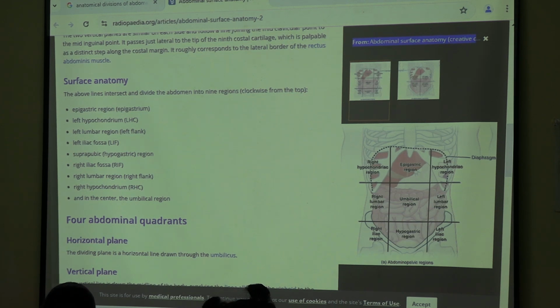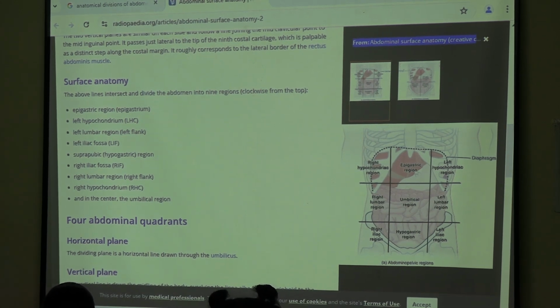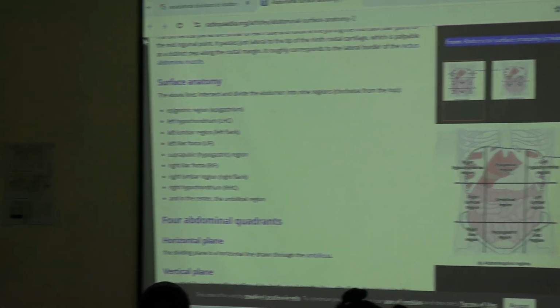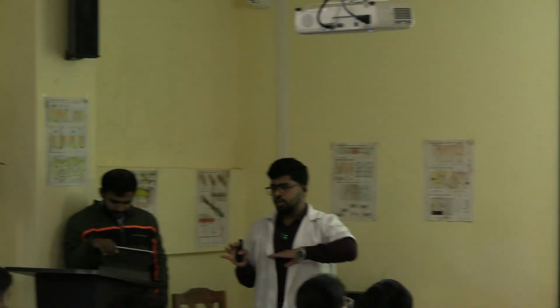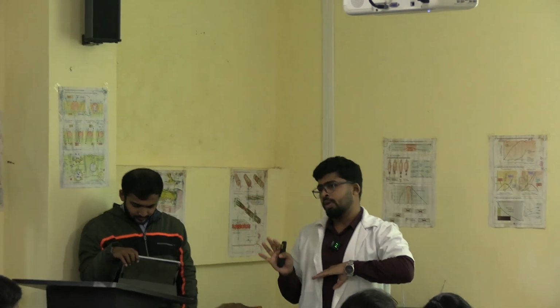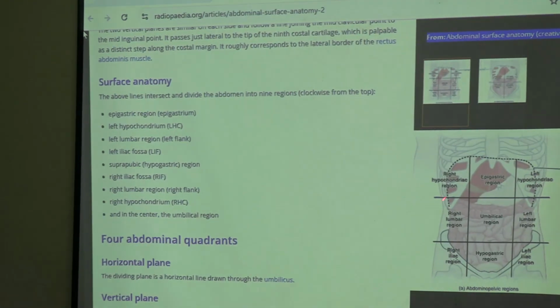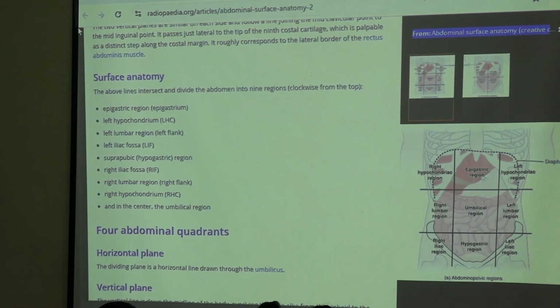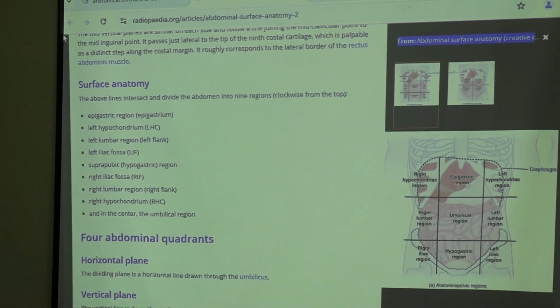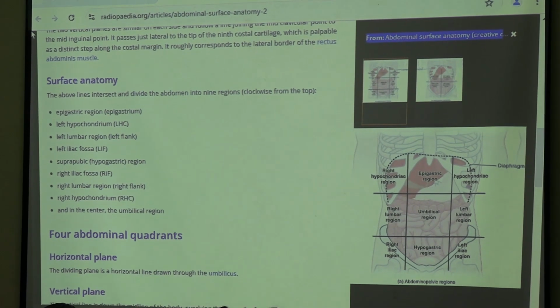Pylorus of the stomach. Whenever you draw a line, this is not a line which is already present. This is an imaginary line, an imaginary plane passing through the human body at the level of the pylorus. This transpyloric line or transpyloric plane basically lies at the level of L1